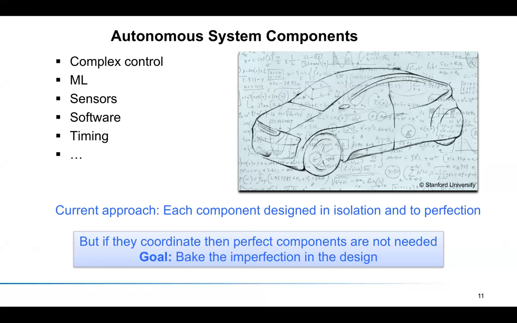The goal of the security component is that everything is 100% secure. Of course, this makes the design much simpler because there is this separation of concerns. You are just concerned with designing the perfect machine learning component, or the perfect timing component. But then, once you put them together, if everything is perfect, everything will work as desired